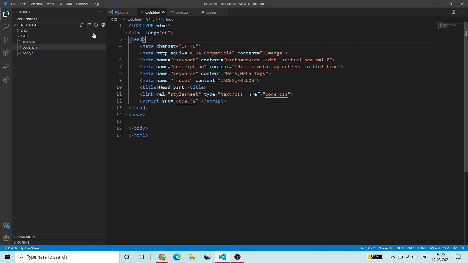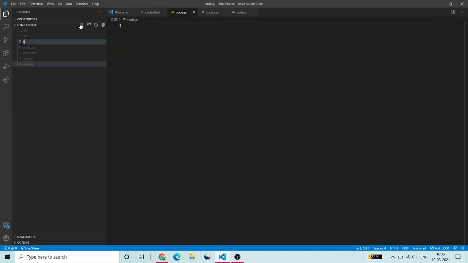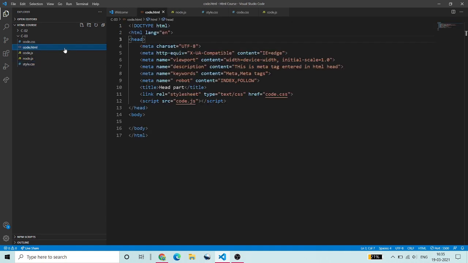Suppose I am creating any other files like node.js and style.css, and we have written something inside these files. Now I want to attach these two files with my code.